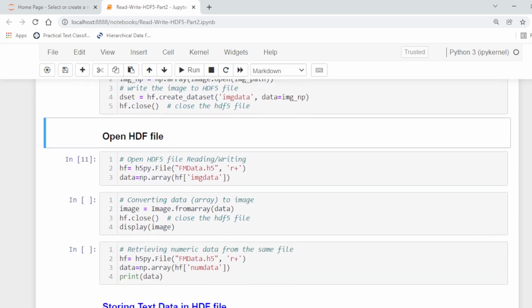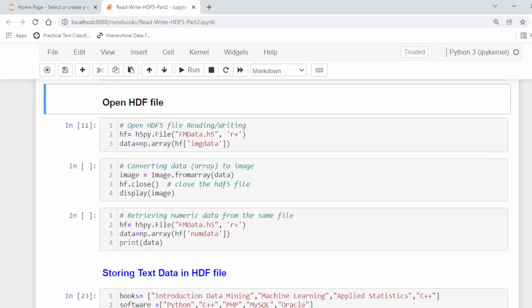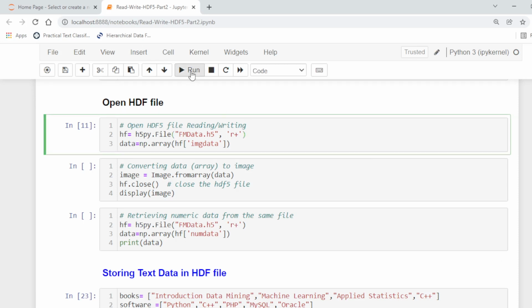Now to open the HDF file for retrieving the image from that file, here we are going to open the FM data HDF file.